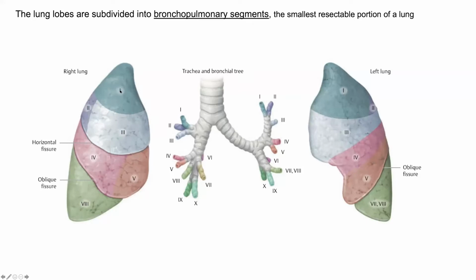This term will be used. So we'll be taking a segment out. Does it grow back? It's not coming back. Liver is a different thing, lung is a different thing. But the concept of the bronchopulmonary segment is that this unit is independent, and if this unit is diseased for any reason, if we have to remove it, we can take it out, and the lung's functions will not be affected at all. It's not like the liver. Don't compare it with the liver.